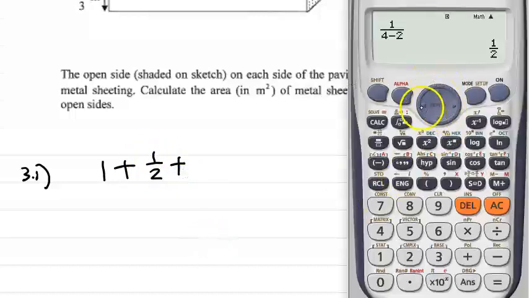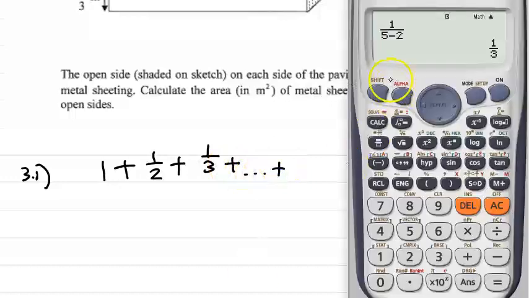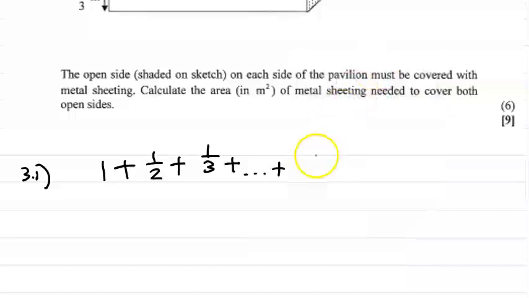plus, and then the next term y will now be 5. 5 minus 2 is equal to 1 over 3. Plus 1 over 3 plus, and then we're going to continue until y is equal to 10. So let's put in 10 there now. 10 minus 2, so that's 1 over 8. So that's 1 over 8, minus,